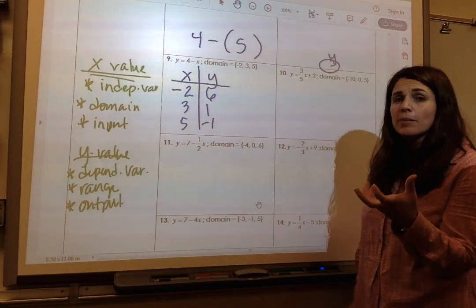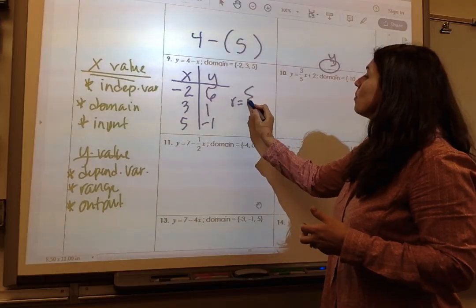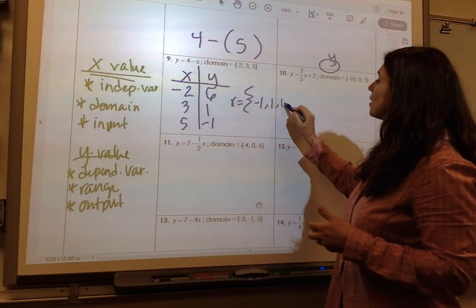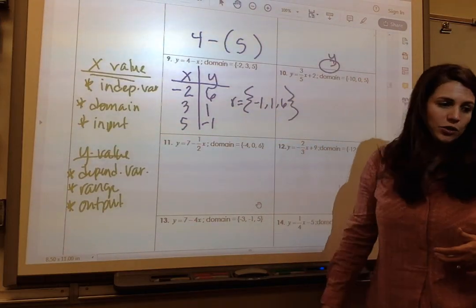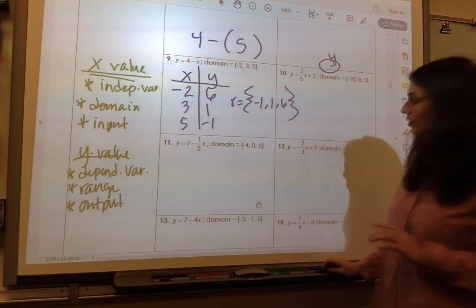So I filled up my table, and now I'm going to make my range. Remember, least to greatest, numbers don't repeat. So that's my range. And that's how you're going to do them